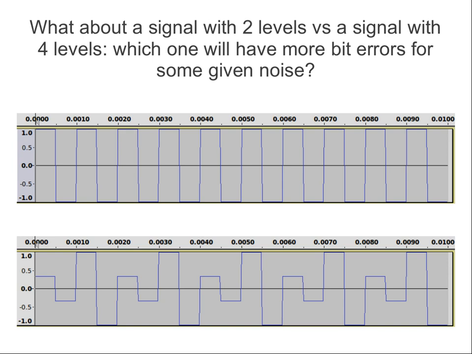This is 1 millisecond. How many bits per millisecond am I sending? From the start to here, that's 1 millisecond. There are 2 bits. So 2 bits in 1 millisecond. Therefore, how many bits per second? 2,000 bits per second. So we'd say the data rate